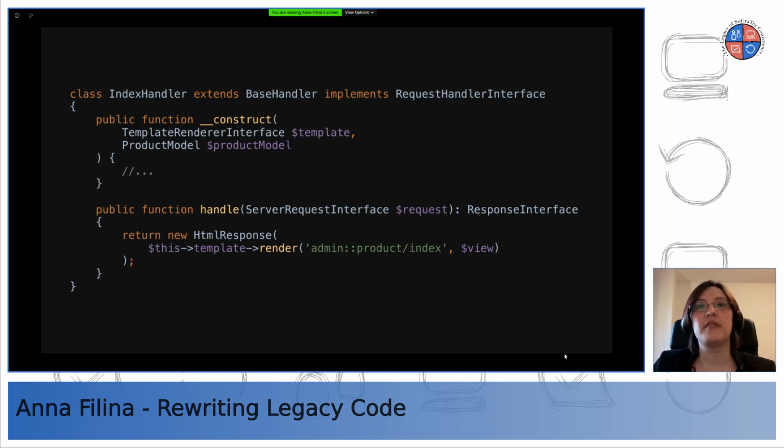I don't have to refactor my templates, so the product index template remains the same, no change there. So the idea is I keep the variable names, very important. What you want is to be able to look at the old code and be able to compare.